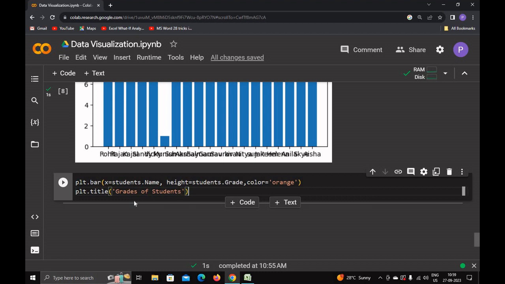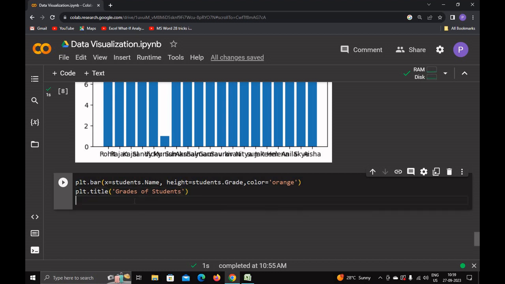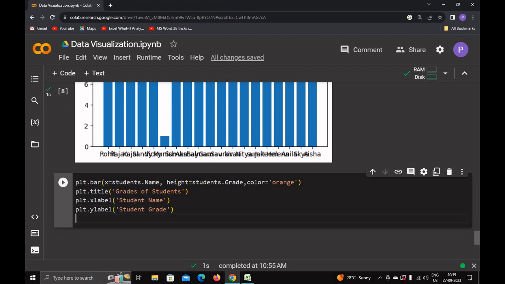So I am giving a title, grades of students. In the x-axis I am giving a label, student name. In the y-axis I am giving a label, student grade,